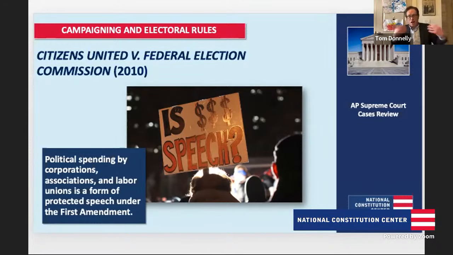So Citizens United comes to the Supreme Court. It challenges that law, that ban on political spending by corporations and labor unions, under the First Amendment. And the Supreme Court, in a 5-4 decision, says Citizens United is right. It strikes down that ban on corporate spending. And what it effectively sets up is